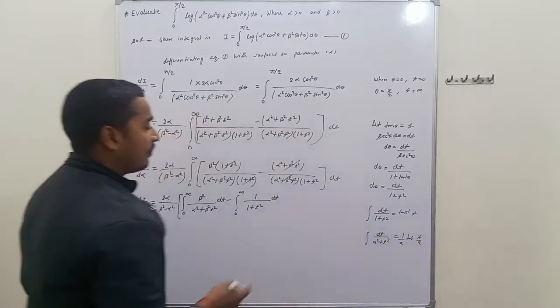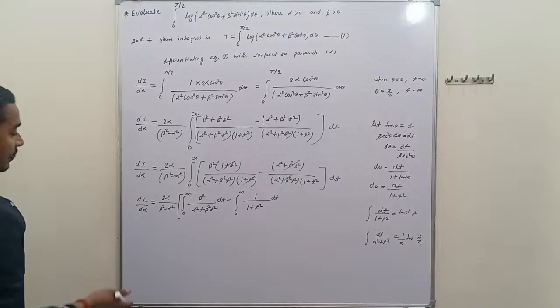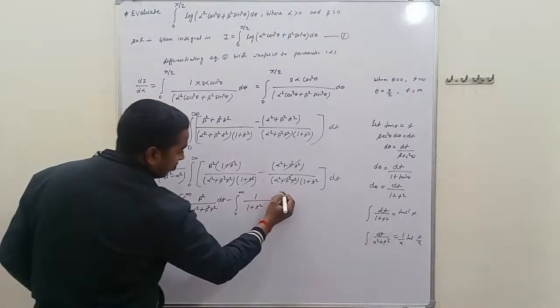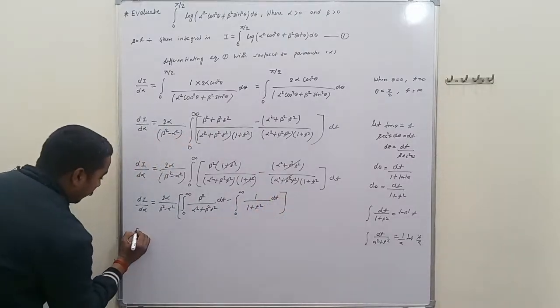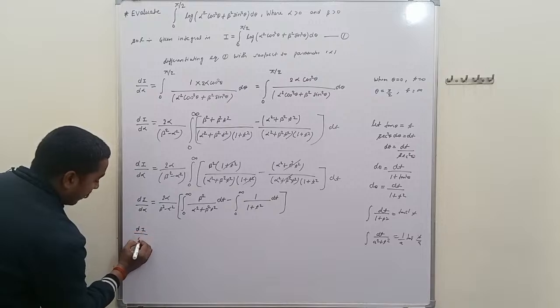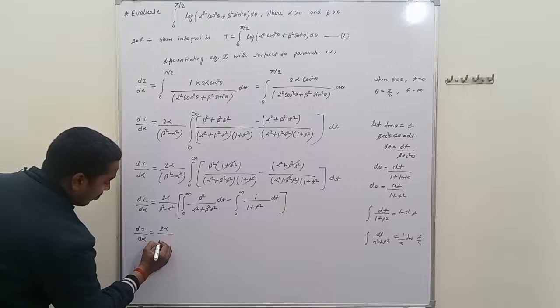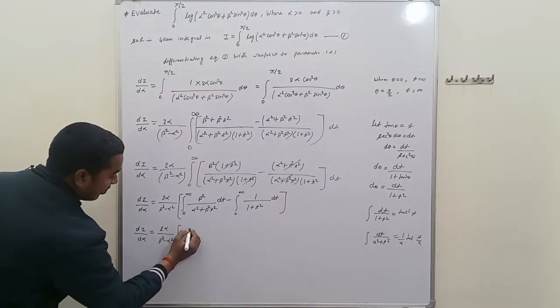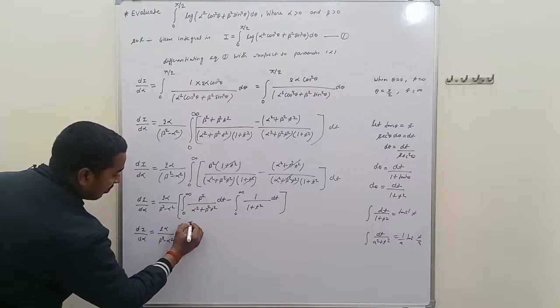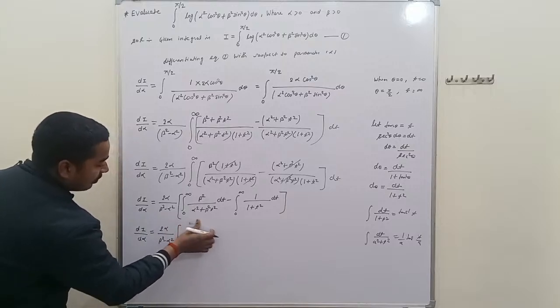We use these two identities here, that is further di upon d alpha is equal to 2 alpha upon beta square minus alpha square, and here the integral limit is 0 to pi by 2, sorry, 0 to infinity,